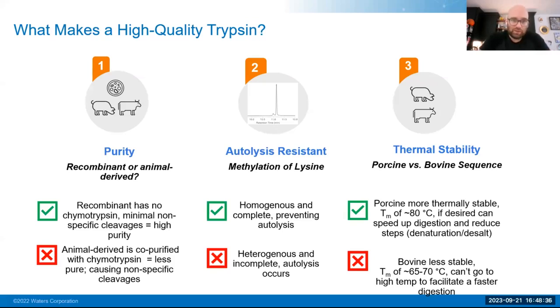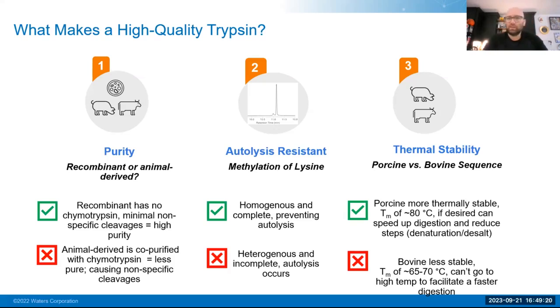What we also looked at was the autolysis resistance. Can we improve this more? Really, this is through creating a very homogeneous set of methylation events that minimizes the ability for trypsin to digest itself. This is going to be critical, again, because each one of those digestion events of the trypsin is going to introduce another peak that causes the analyst to have to go in and evaluate: is this an actual peptide that is present related to my product? Is it actually a part of my biosimilar, or is it a part of the actual trypsin itself? So it really complicates that space and causes you to dive in deeper to do more analysis, which makes things like simplified QC assays very, very difficult.